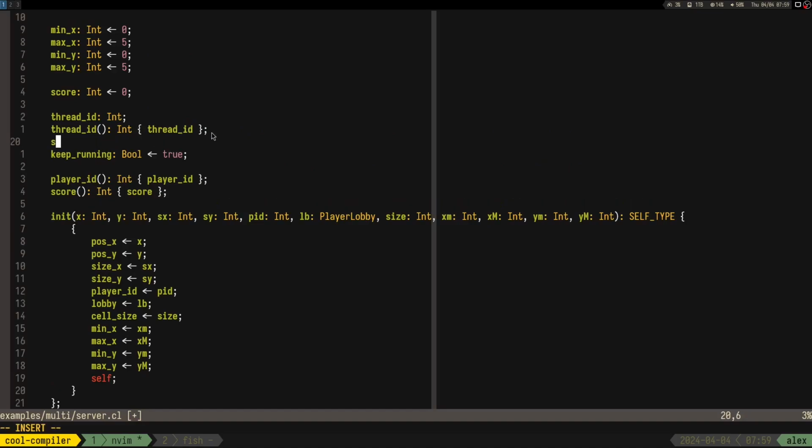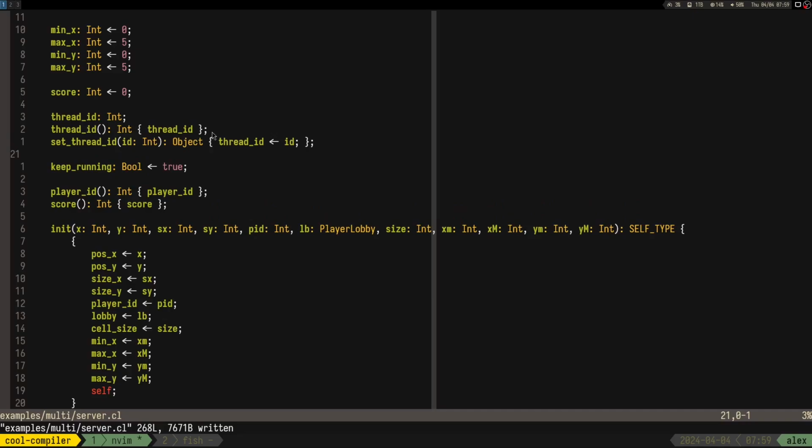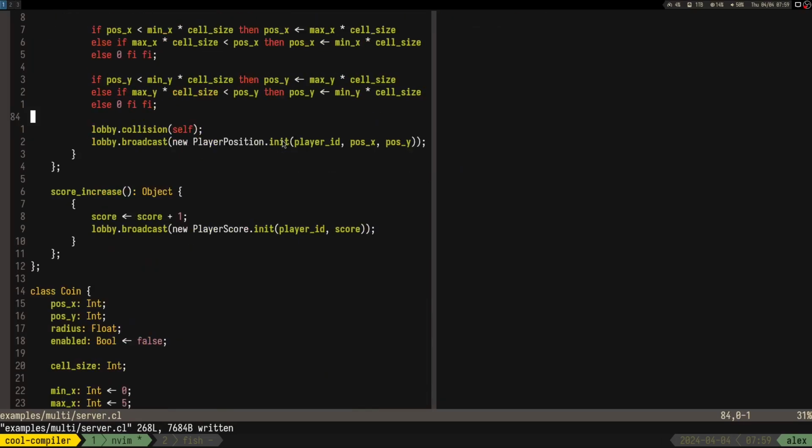We need set thread ID. Yeah. So I mean, obviously this should return cert type. I don't know why this is so scuffed. Like, bruh, Copilot, I did so many examples so far of this. Anyway,